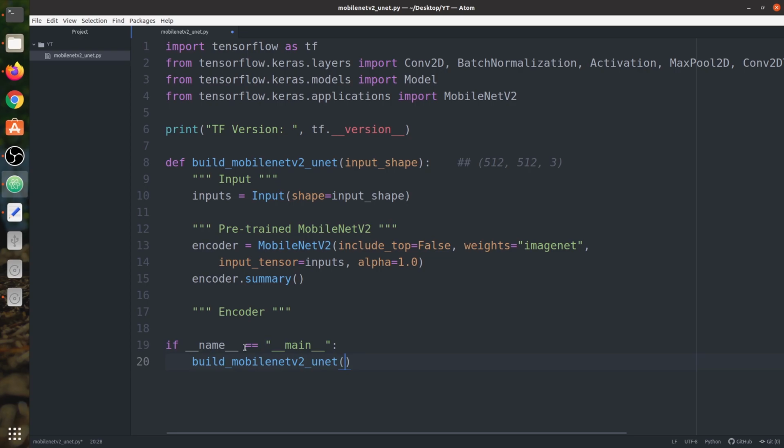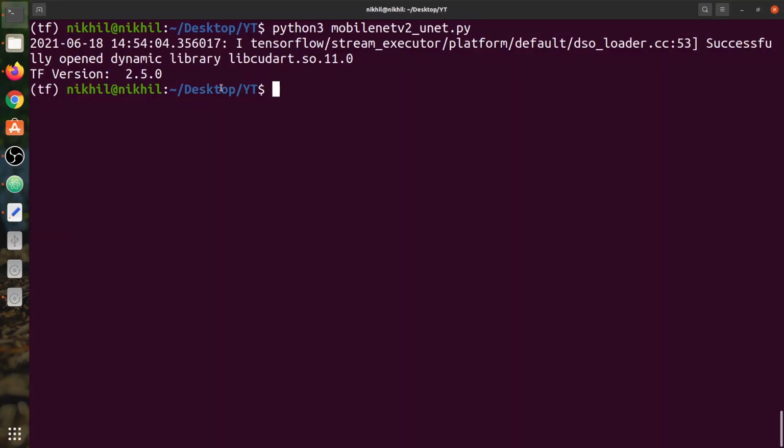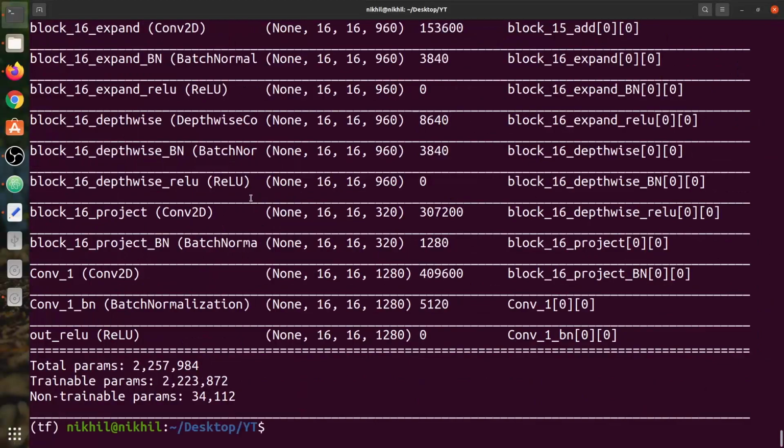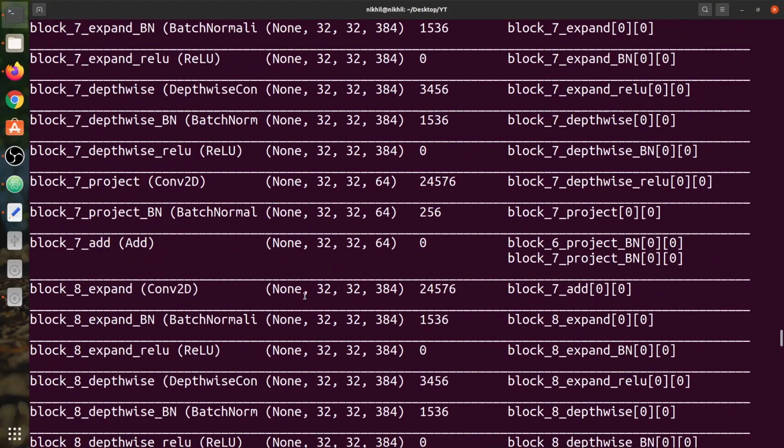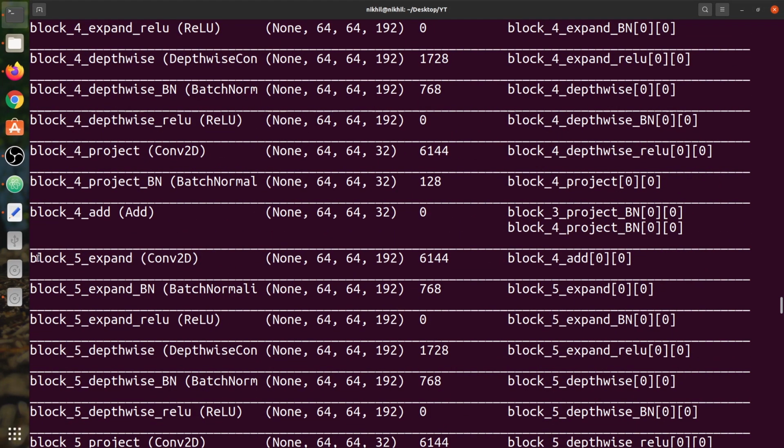Okay, so we've called this function and we're going to say 512 by 512 by 3 as the input. You can see the number of parameters in the MobileNet, and these are the names once assigned to a variable.